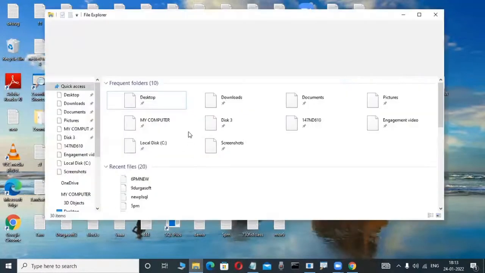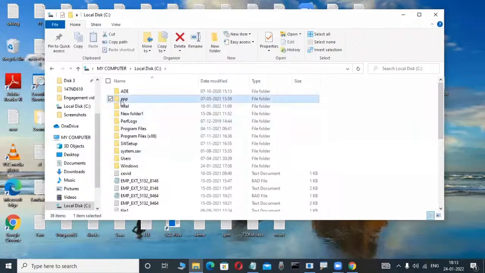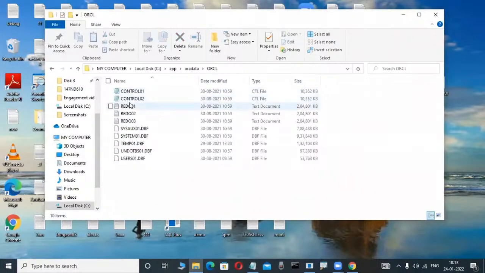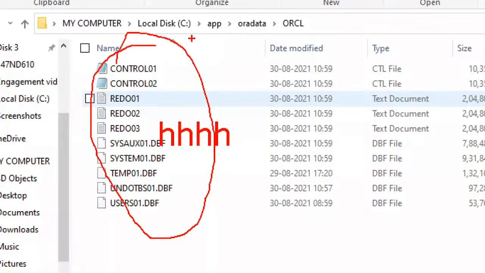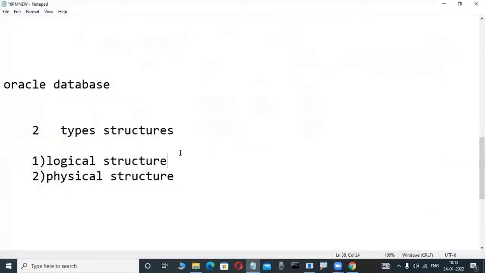I'm installing Oracle on my system, how to install Oracle we will learn in the next classes, don't worry, in the C drive or somewhere. And in this C drive, your table is not available. Whatever table I'm creating is not visible in the C drive or D drive. That's why a logical structure means a structure which is not visible